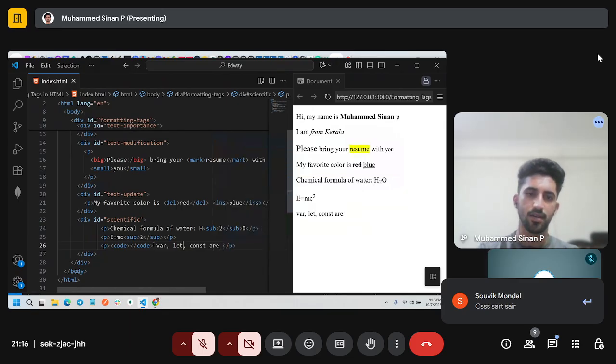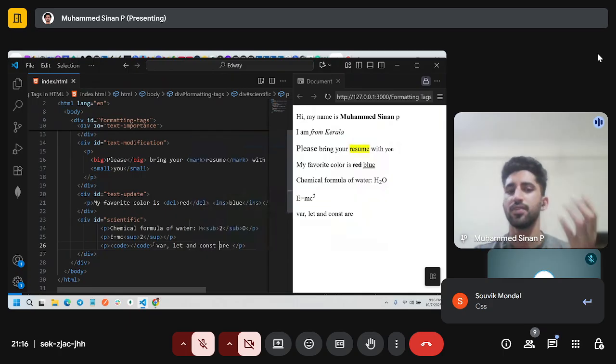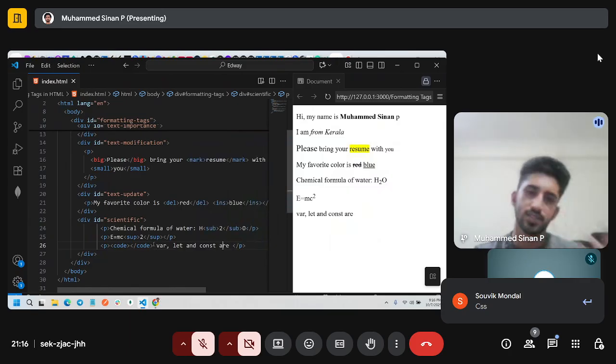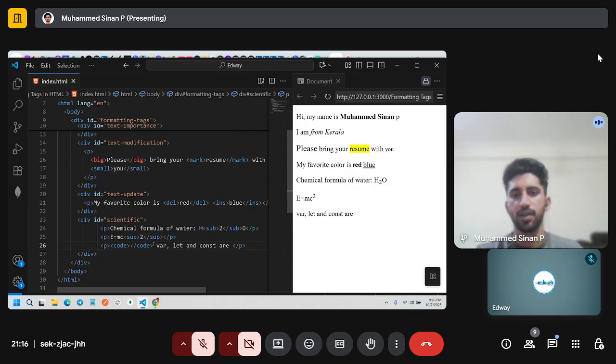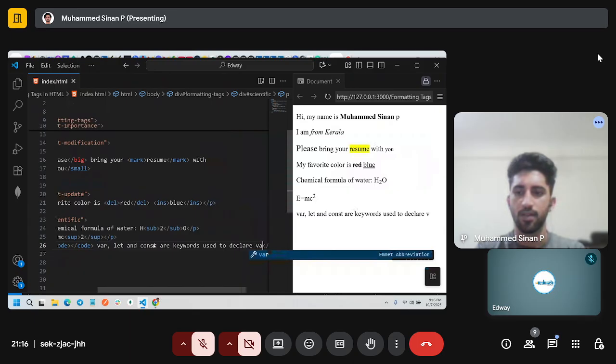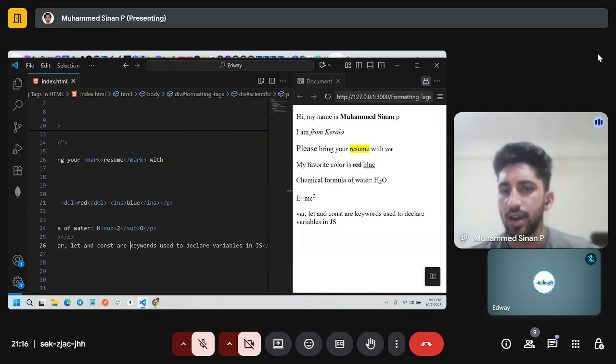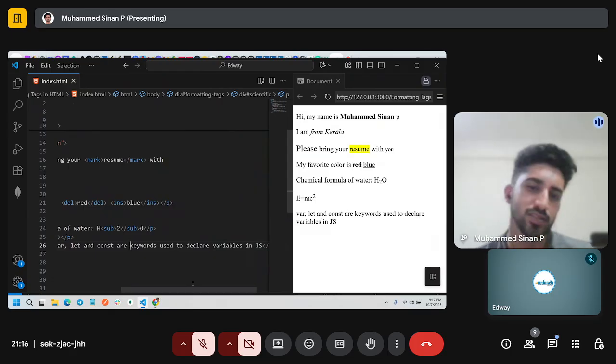Var, let and const are the keywords used to declare variables in JavaScript. If you don't know that, it's not a big deal. Just remember it like this: var, let and const are keywords used in code, to declare variables in JavaScript.